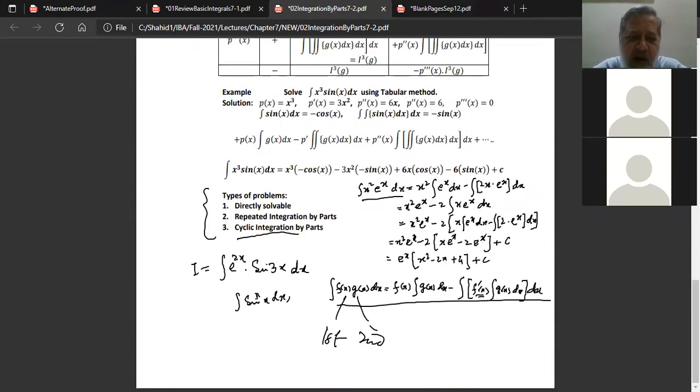We can have problems in which we have to apply integration by parts repeatedly. And this is one of those examples. A simple example, x square e power x. First function x square as it is, इंटीग्रल ऑफ सेकंड फंक्शन माइनस इंटीग्रल फर्स्ट फंक्शन का डेरिवेटिव सेकंड फंक्शन का इंटीग्रल, and we are still up against an integration by part x into e power x. So ये वाला पार्ट जो है x स्क्वायर e power x तो इंटीग्रेट हो गया, -2 टाइम्स इंटीग्रल x e power x पर अभी इंटीग्रेशन बाय पार्ट दोबारा लगता है. So we apply the integration by parts on this. First function x as it is, e power x का इंटीग्रल माइनस इंटीग्रल